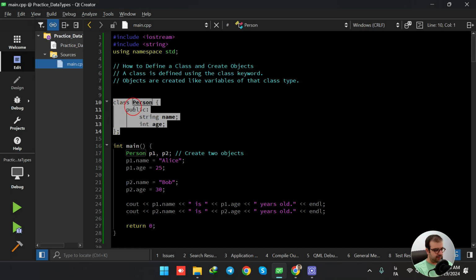So we are declaring one class here. The class name is person. We are having two public variables, that is one name and the other one is age. Then in the int main function, we are